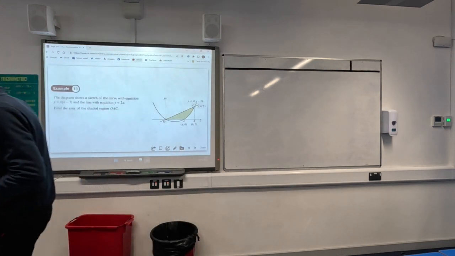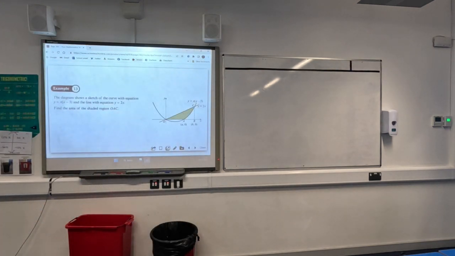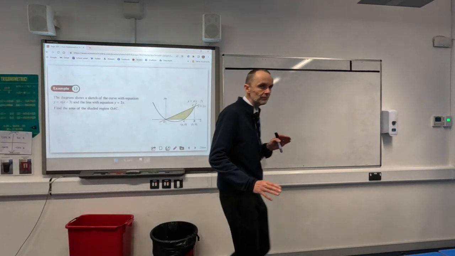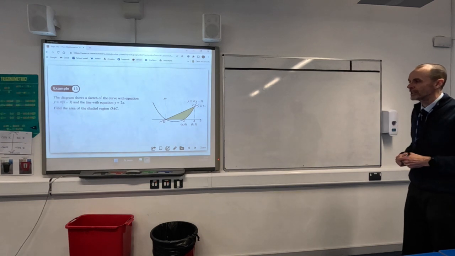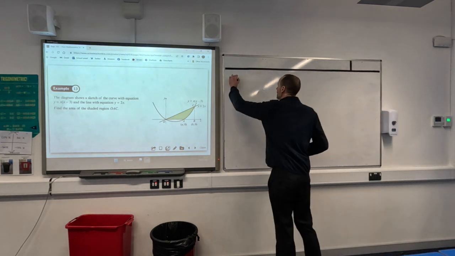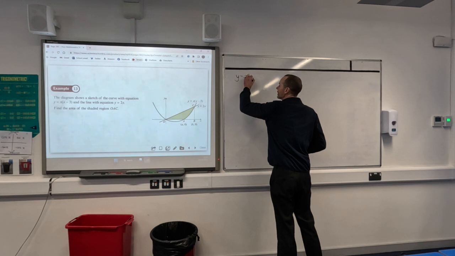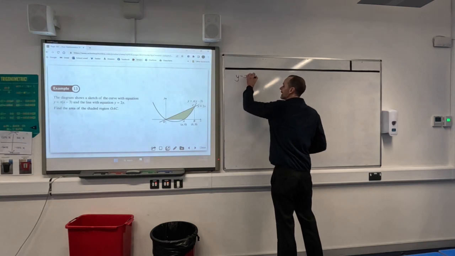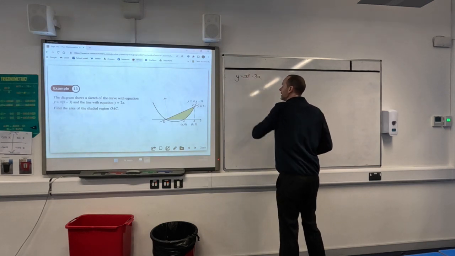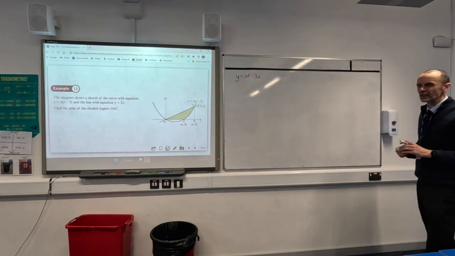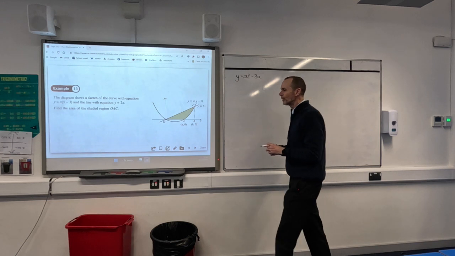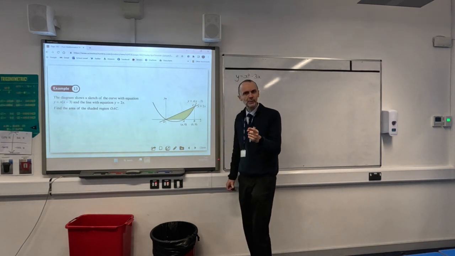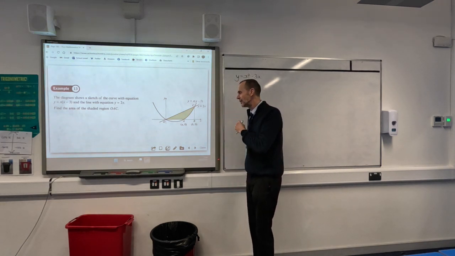We want to work out this yellow shaded area, and it's the area between a straight line, y equals 2x, and a curve, y equals x times (x minus 3). I'm going to multiply that out straight away just to make it nice and easy. The yellow area clearly isn't the area under the curve, and yeah, this curve, if we wanted to work out the area enclosed between the curve and the